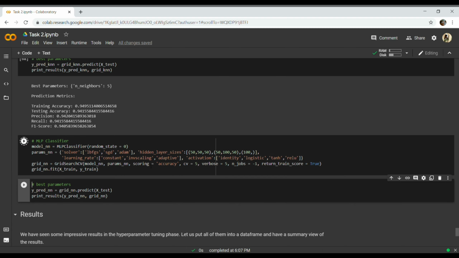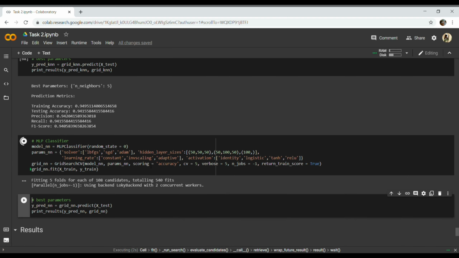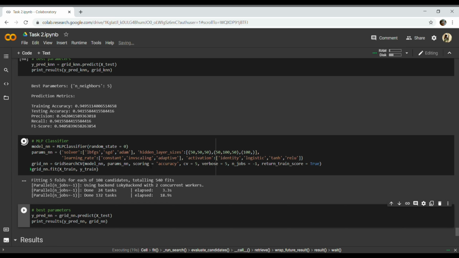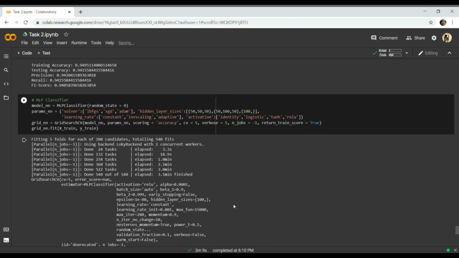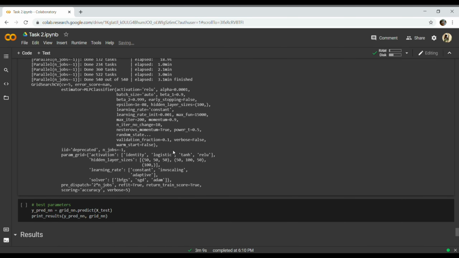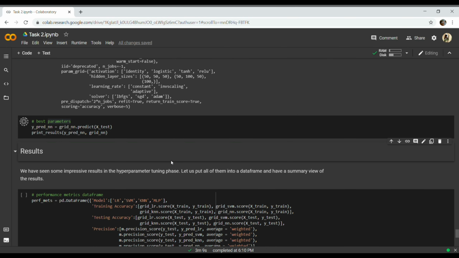Nice. Now the MLP classifier. This is a type of neural network, as I've already said. Our data set is quite small. That's why it's returning the result quite effectively and nicely and fast also. If the data set was large, like about 10,000 or lakhs of rows of data, then it might take a lot of time to process. So the model has run in 3 minutes, but these 3 minutes went like 2000 years for me. Okay, so let's see the best parameters.